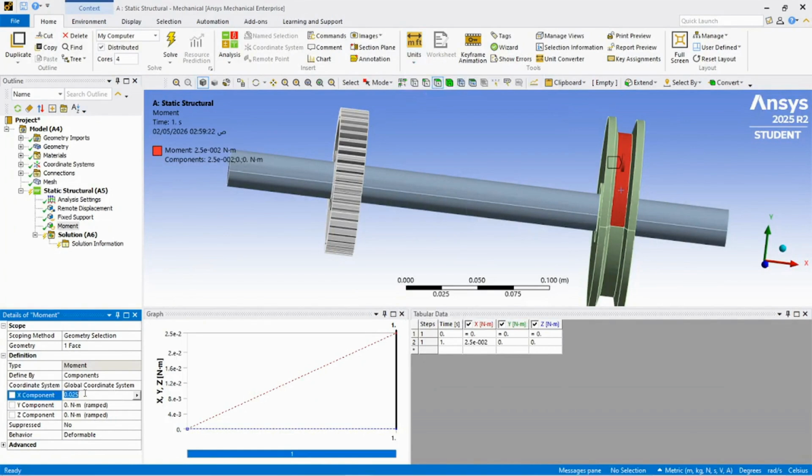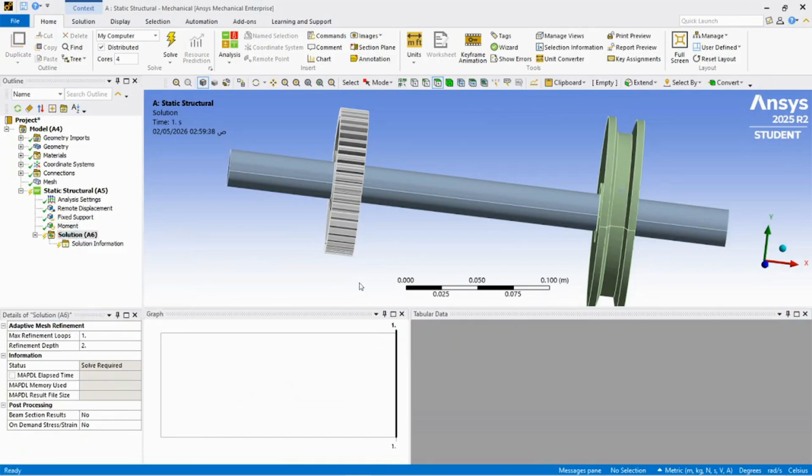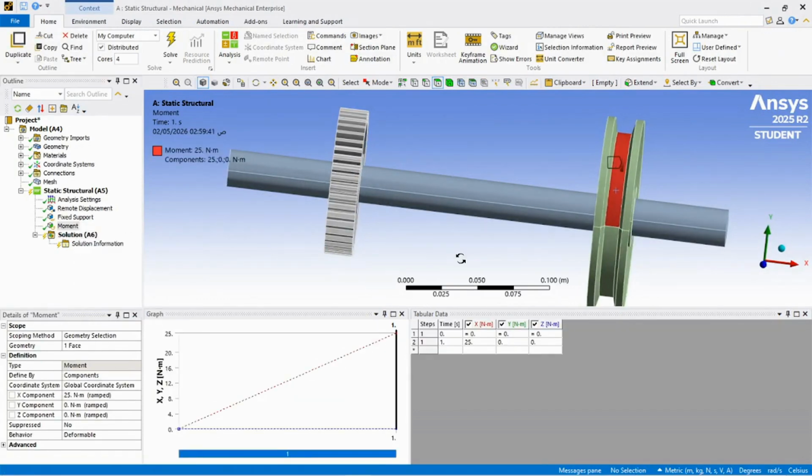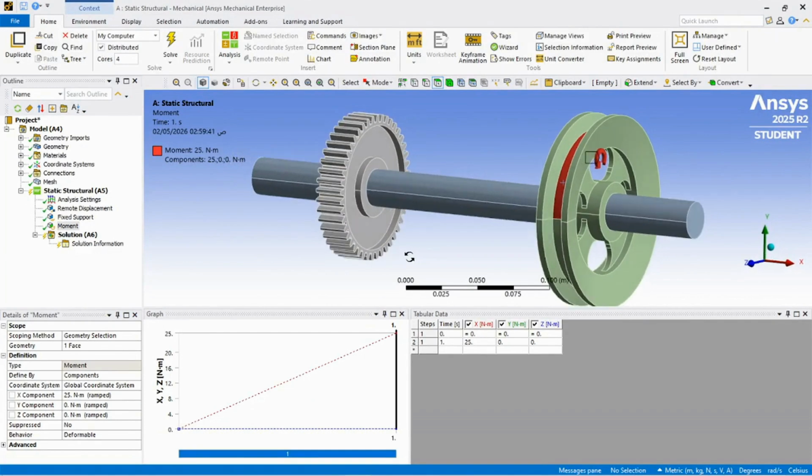So I changed the unit to meter. Okay, so you can see the direction.